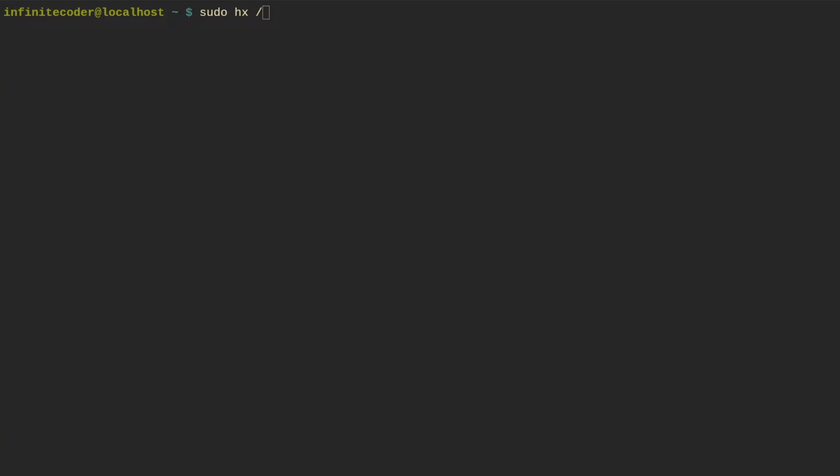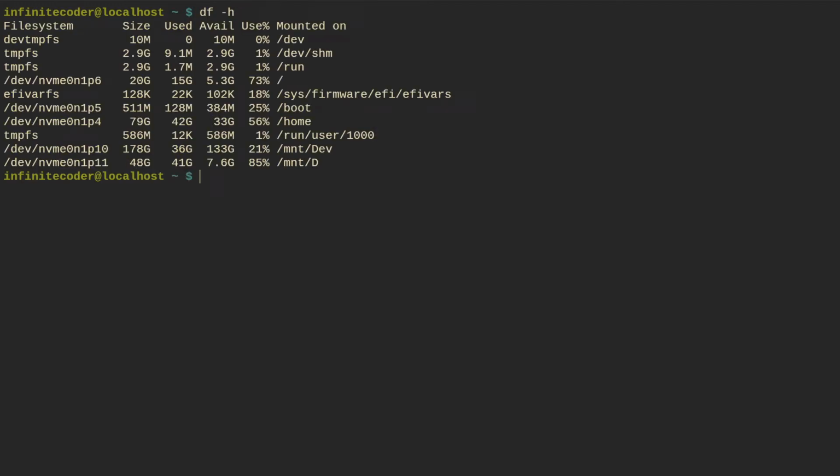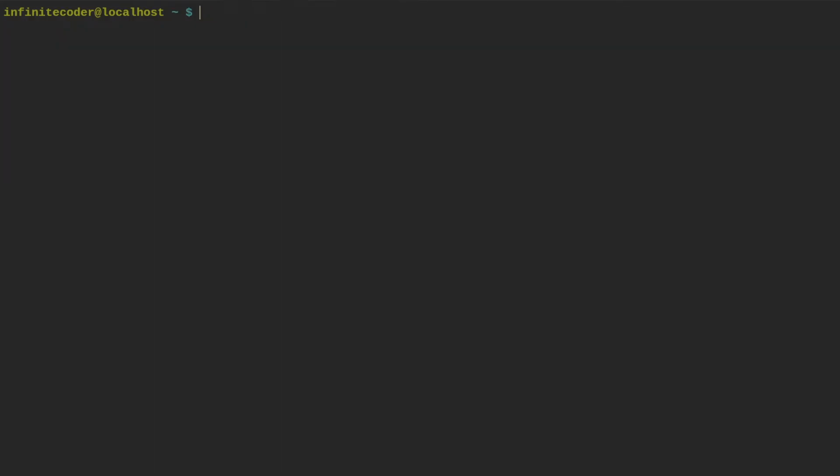If I take a look at df -h, I dedicated 20 gigs to this partition. 15 of them are claimed, 5 are free. Back when I was installing the kernel, 10 of them were claimed and 10 were free, and the Linux kernel did not fit, or I guess the artifacts or something.